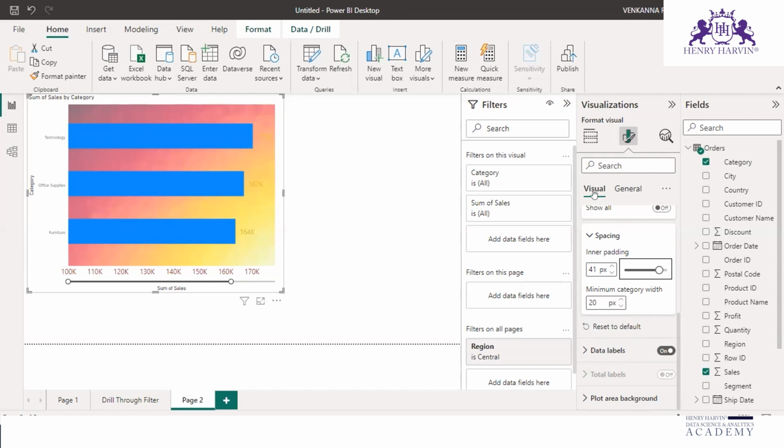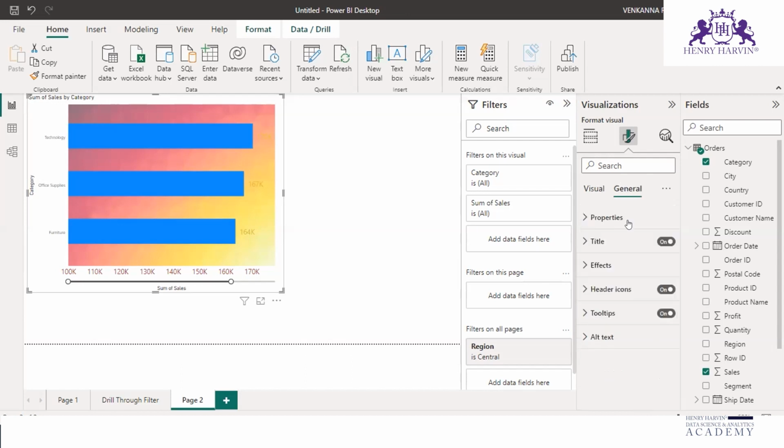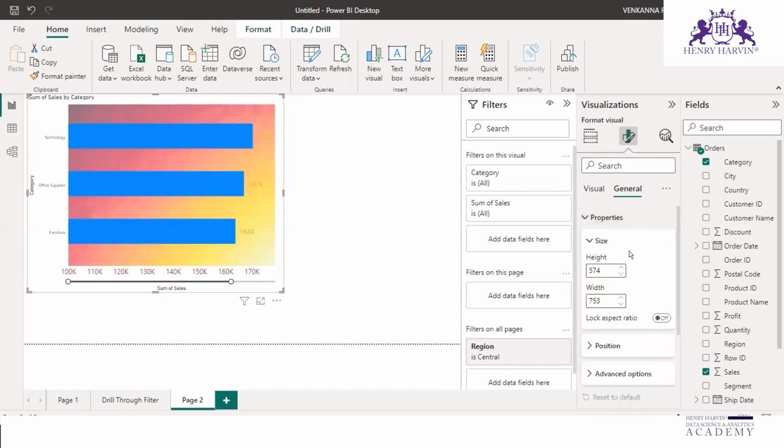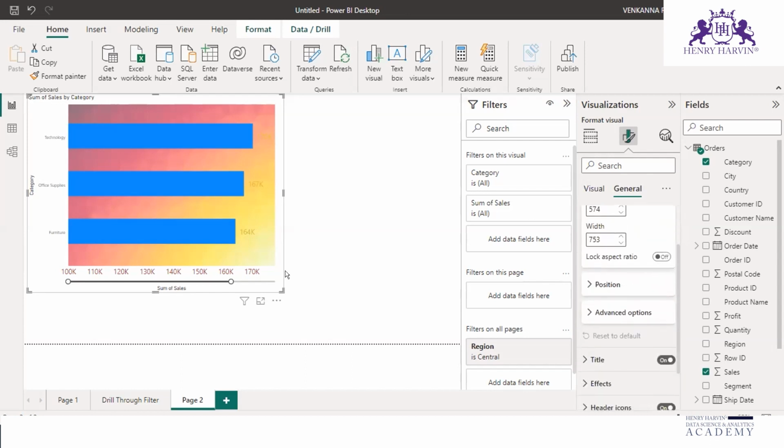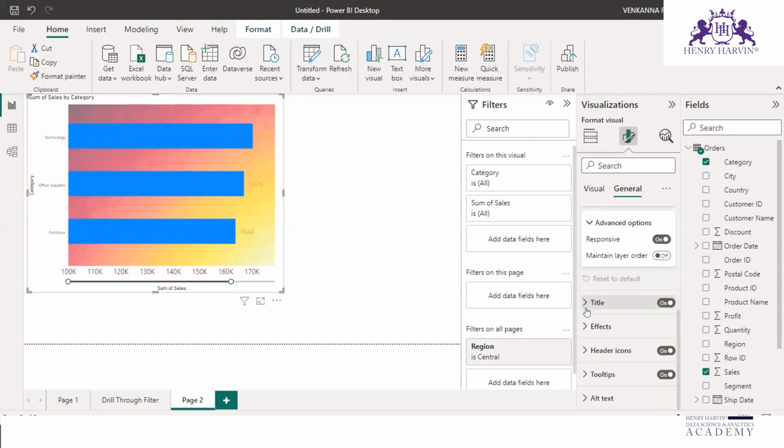So this is under visual. Okay. Under general, you can see properties. Okay, this is the height and width. So position, advanced options. Okay. And title. Okay. Title, what happens is